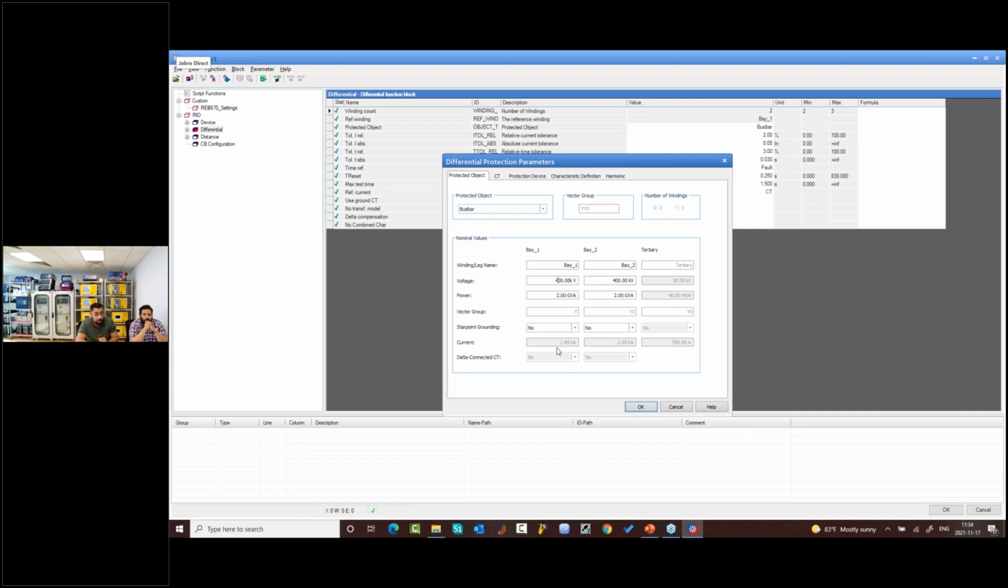This is calculated automatically once you change the rated voltage of 400 kilovolt. Is there a star point grounded? No, because we don't have a grounding point in the busbar. The current is calculated. Yes, exactly. You need to enter the power, and the current is calculated, so it's vice versa. If you enter the power, the current will be calculated, and the same the other way around. And also for the protected object, we can select busbar,